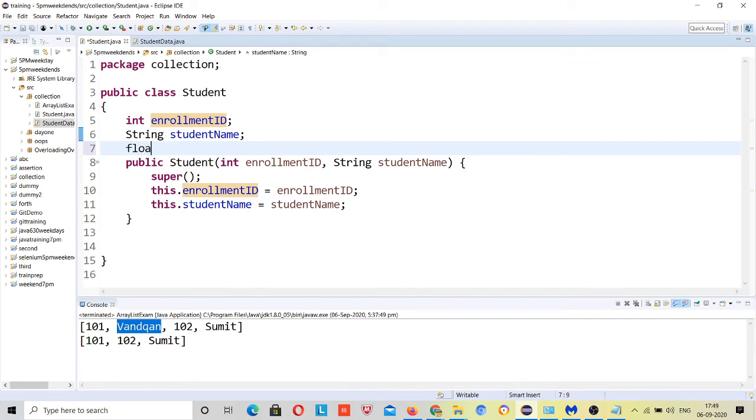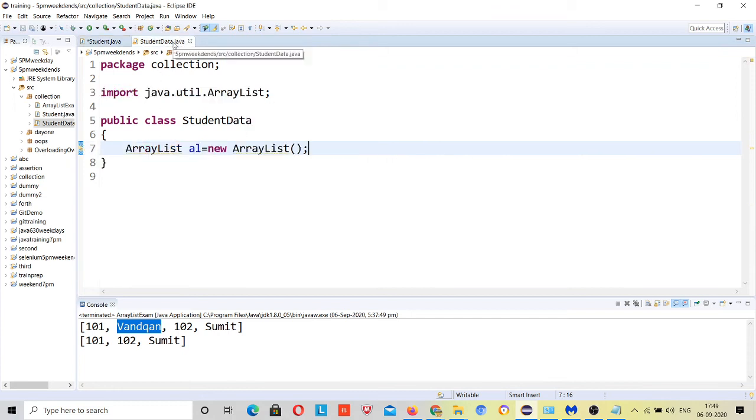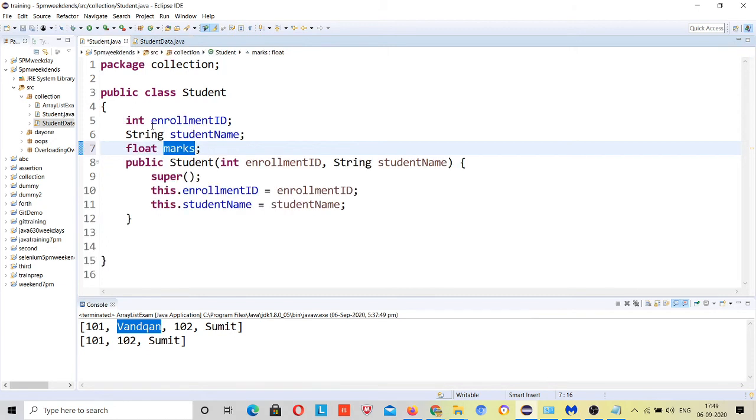I will not take that in my program, but suppose I have to give the marks to the students, then either integer or string or floats. How many data types can you pass here? 3, 4, 5, 6? How many? Only one data type you can restrict over here. And in restricting only one data type, you want to add only all these